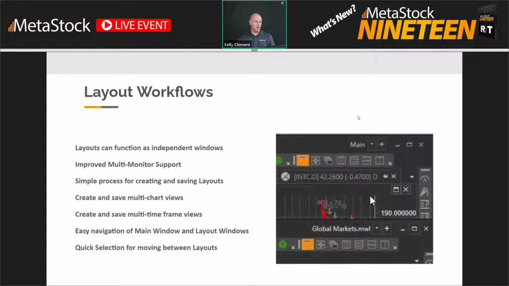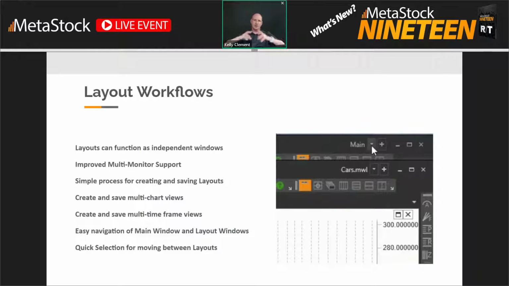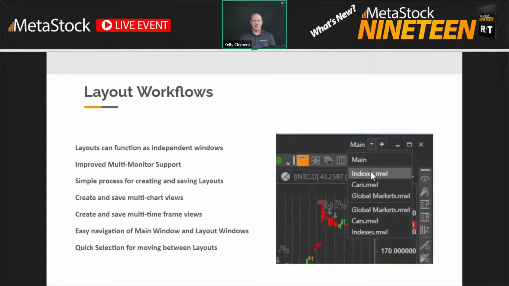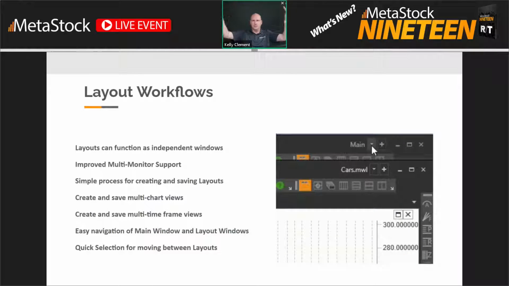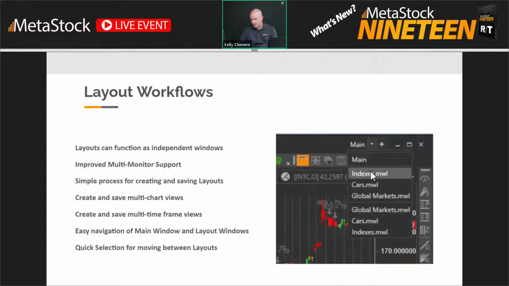Okay, and the thing we didn't really talk about there is the layouts can go to different screens. So as you have a layout, you can take one and move it over here, and take one and move it over here, and take one and move it over here. So if you have 3, 4 monitors, 2 monitors, you can have different layouts on each screen. I think we do limit the number is, let's see,